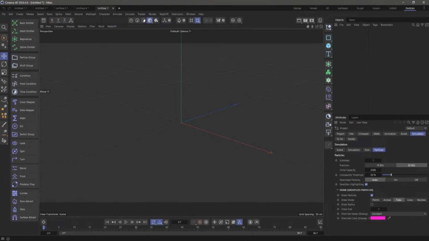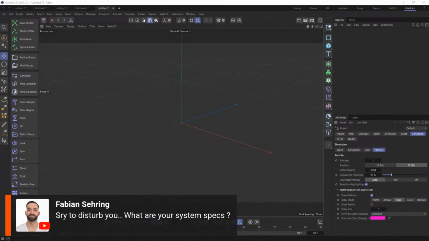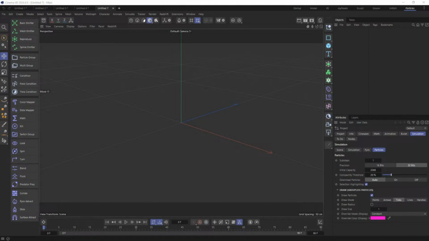Now, let's go. Fabian, you're not disturbing me. That's what I'm here for. As I said before, I guess it's the best PC. I'm just going to scoot over. It's a Dell Precision